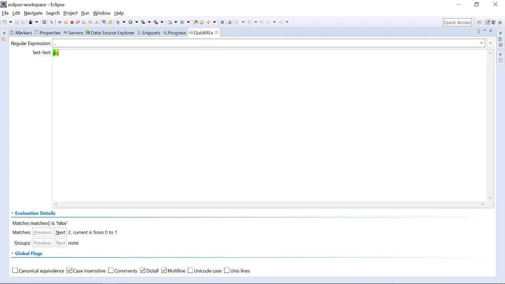Now if we want to make this dot an actual character, then how can we do it? Suppose I have A, B, C, and here I have A, B, dot. Now what is happening? It is matching C, and even if we remove C and place a dot here, it will match. Now I want to restrict that it has to be a dot only, then I can put a backslash. We have already seen that it is an escape character. Now if we write C here, it will not match.